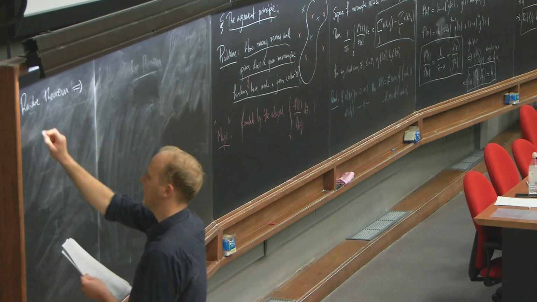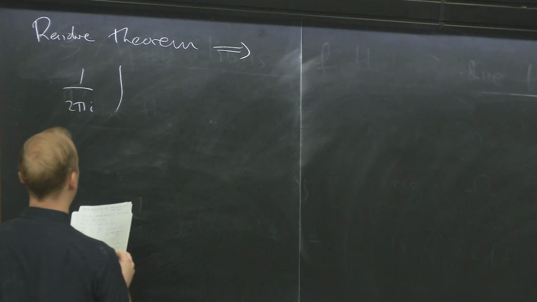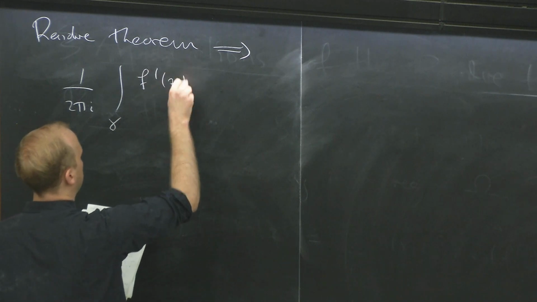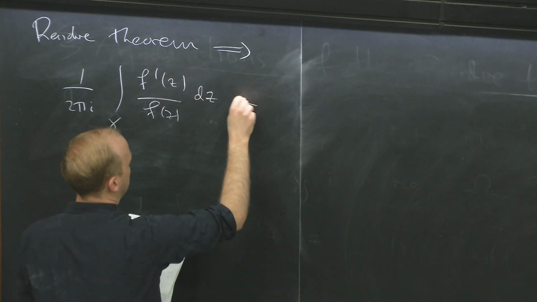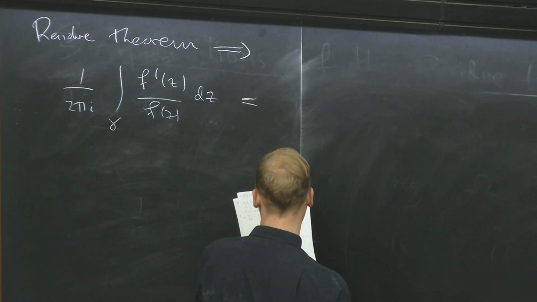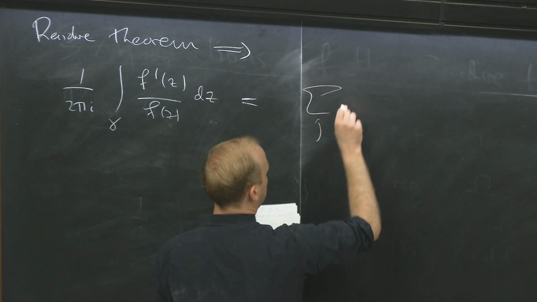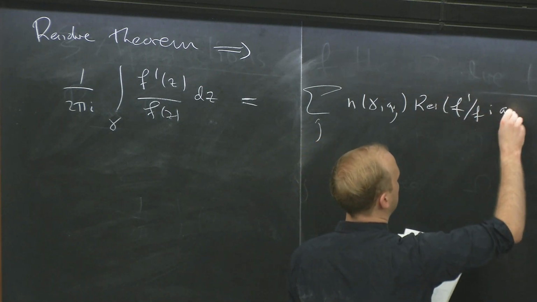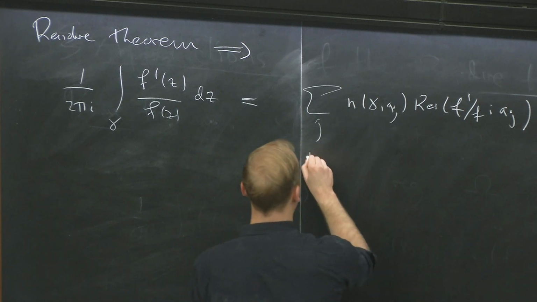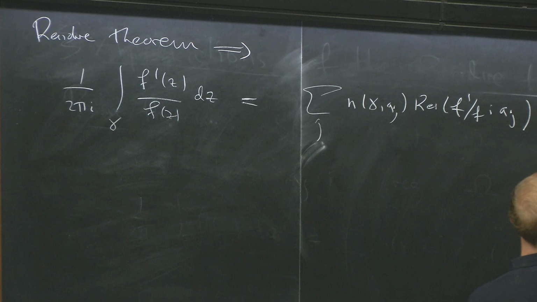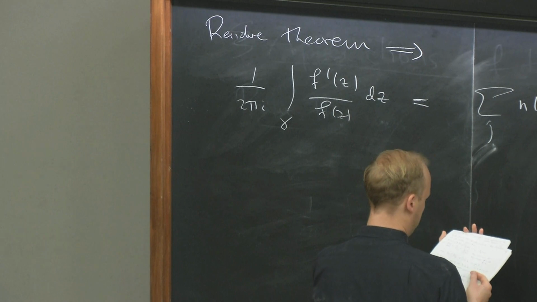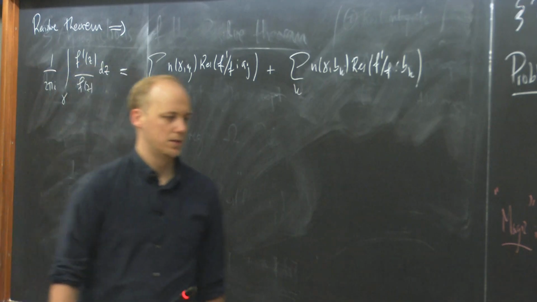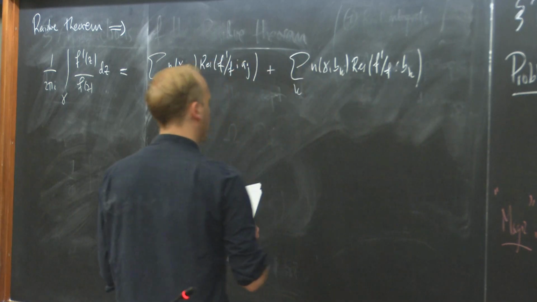we get the following: if I write down 1 over 2 pi i and this integral, then this is equal to, okay, so I just write down again the definition from the residue theorem, plus, here, okay, so I separate the zeros and the poles. And now we said that this thing